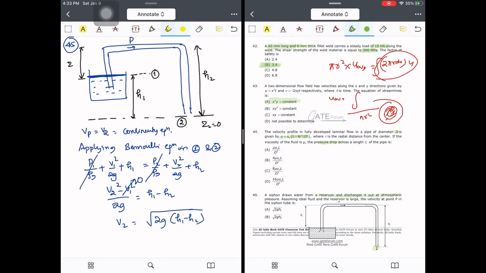Now question number 45. A siphon is drawn. The siphon draws the water from the reservoir and discharges it out to the atmosphere. Here is atmosphere, okay? So you will find the atmospheric pressure in two places, here atmosphere and here also atmosphere. Now assuming the ideal fluid and the reservoir is large, the velocity at the point P, velocity at this point in the siphon tube is, okay, so velocity at the siphon